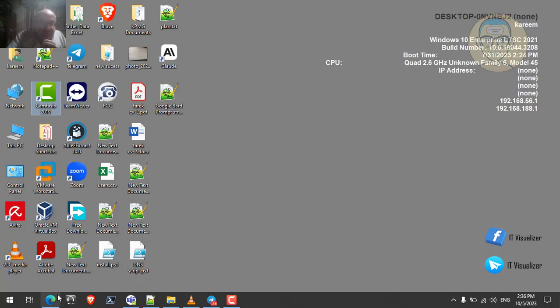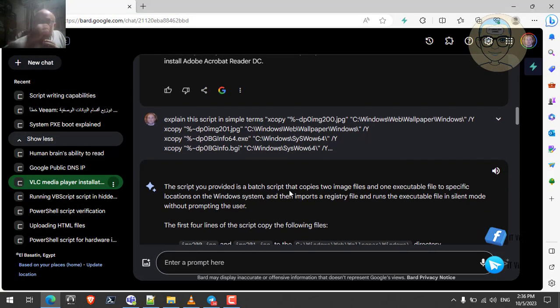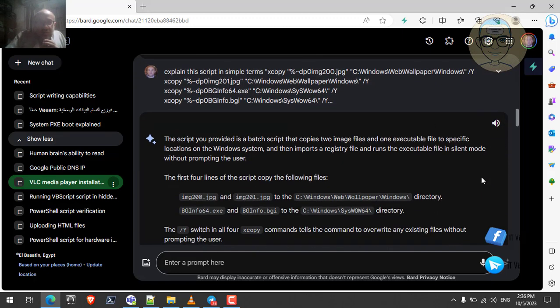So if you go there and ask Google Bard to explain what this batch file says, let's see what it says. The script you provided is a batch script that copies 2 image files and 1 executable file to specific locations on the Windows system, and then imports a registry file and runs the executable file in silent mode without prompting